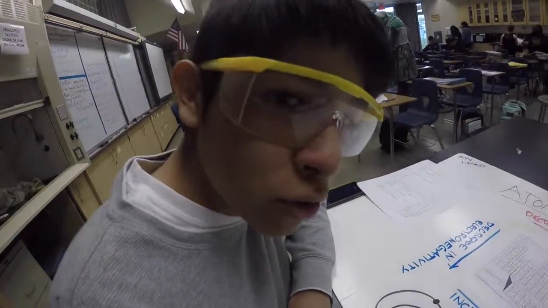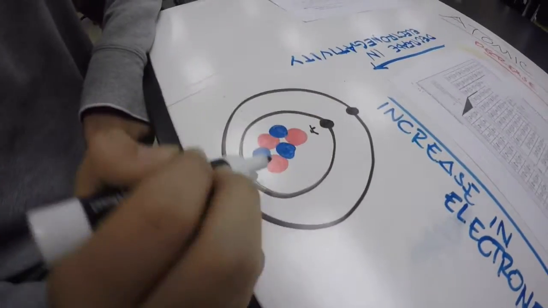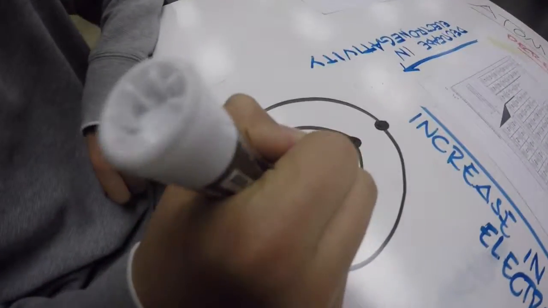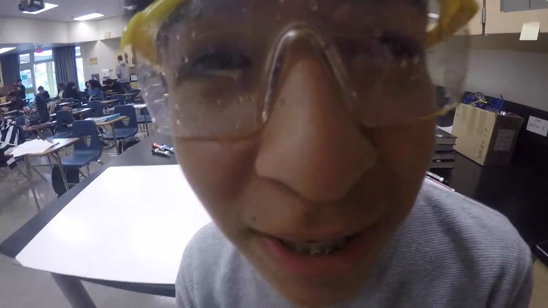So why is this? Let's look at this atom that I drew. If you look at it, electrons, remember, repel each other from touching the protons and the neutrons. So that means that the more electrons they have, the more they will repel each other, the bigger the radii. And that, kids, concludes our video. If you like it,